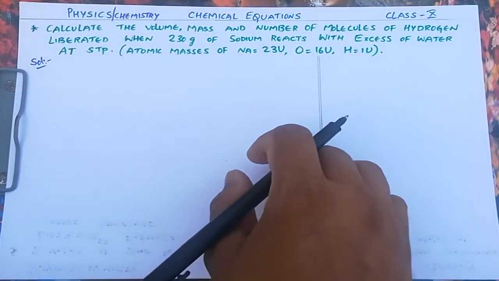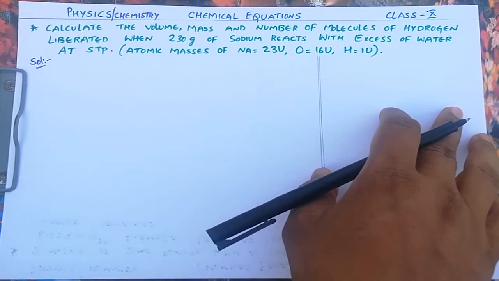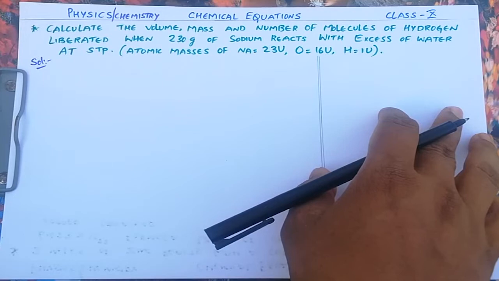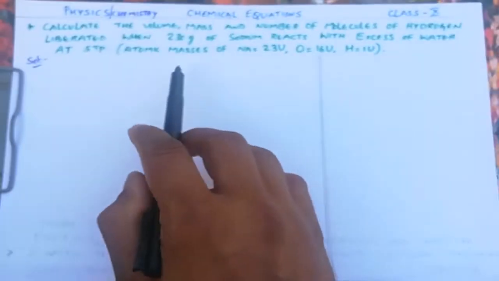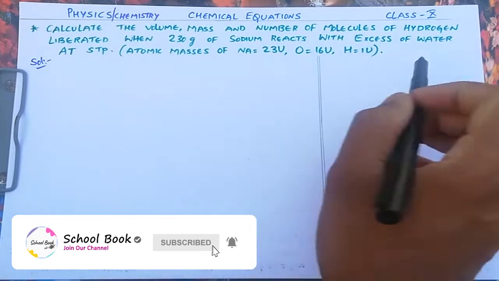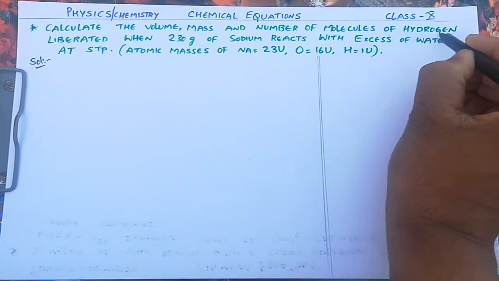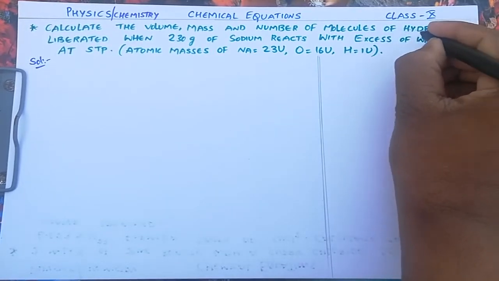Hi viewers, in this video I am going to explain the calculations, that means the numericals on chemical equations. That means calculating the volume, mass, and number of molecules involved in the chemical reaction. So mass, volume, number of molecules. In this question, given for the hydrogen, number of molecules for hydrogen